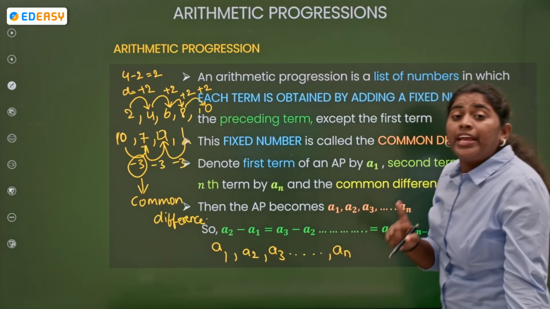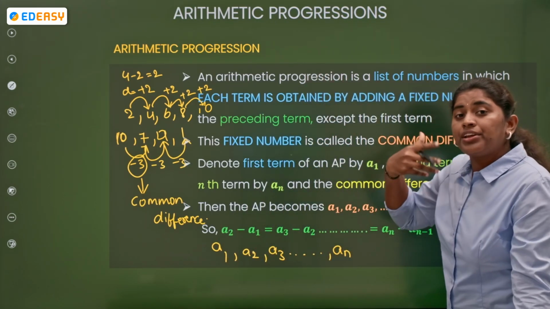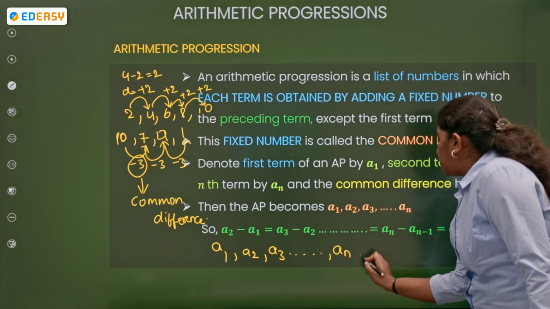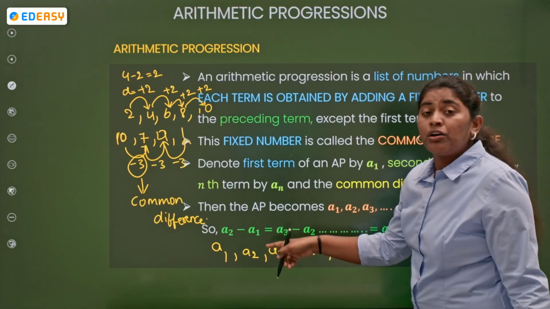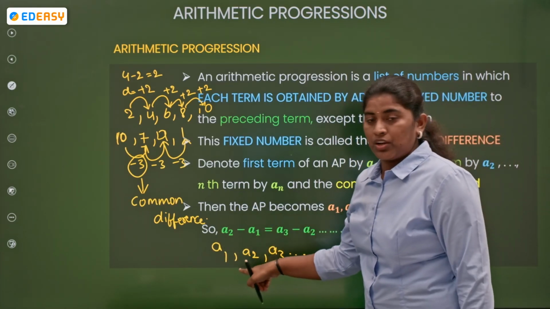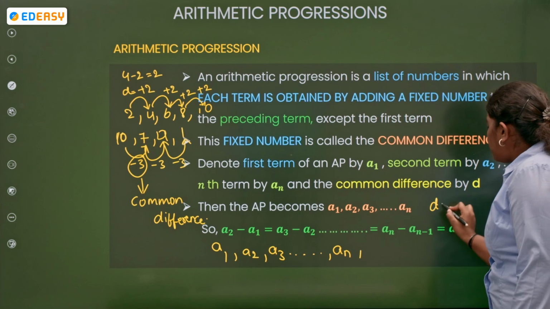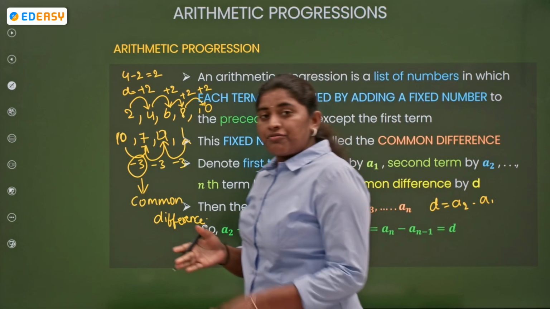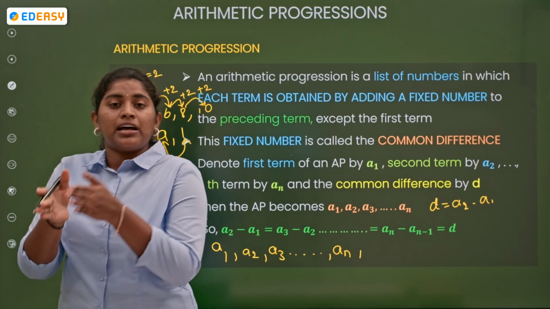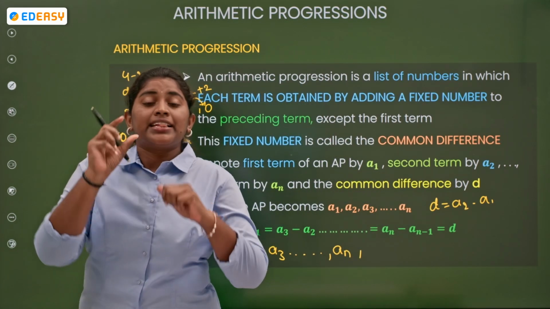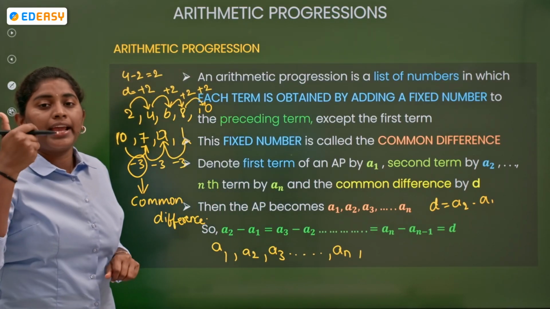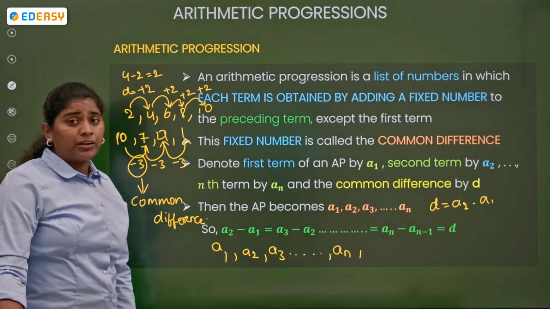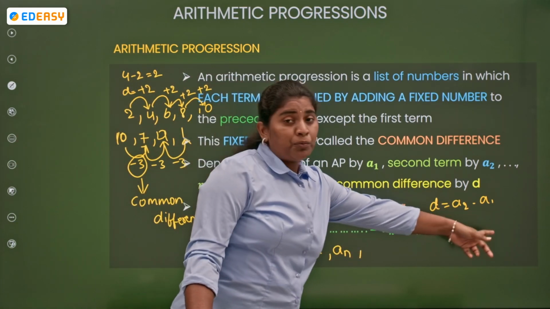In the same way, in order to get the common difference of an AP, you need to subtract the previous term from your term. It means d will be given by a2 minus a1, right? Understood everyone? From your term you need to subtract the preceding term. That will give you the common difference of your AP. So here, the common difference we will get by A2 minus A1.